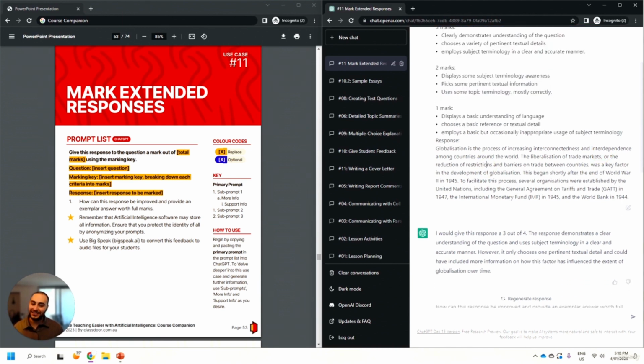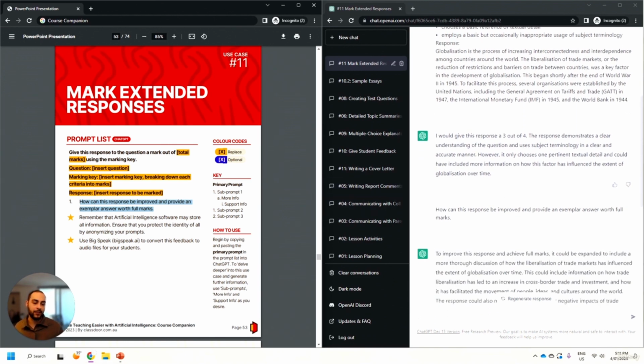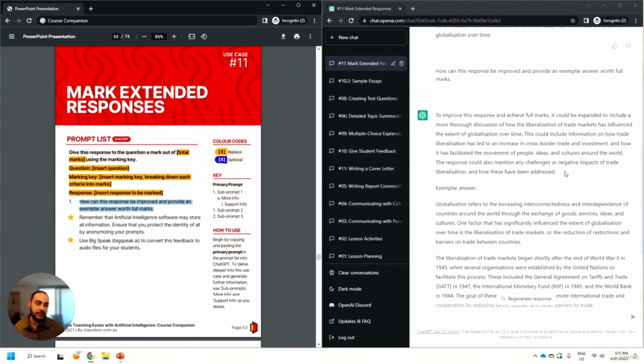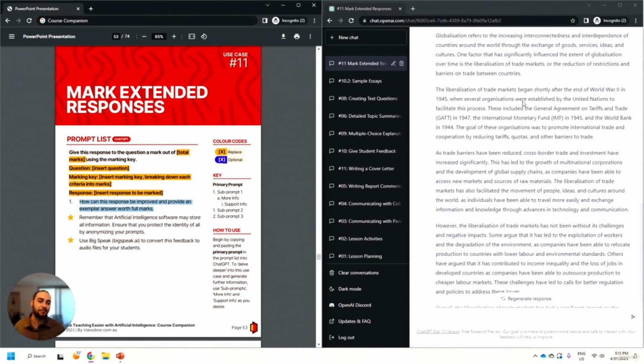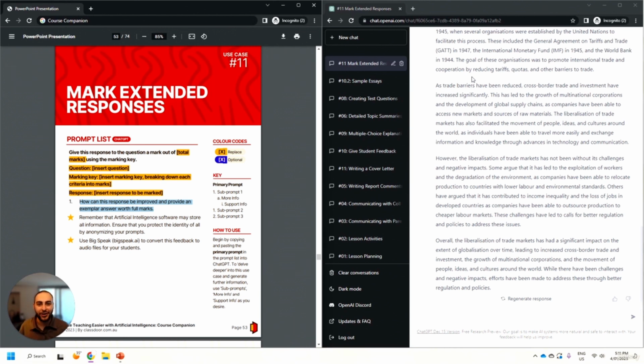The output that we've got is amazing in that ChatGPT has awarded it a 3 out of 4 marks with this reason. We can then dive one step further and ask ChatGPT in our conversation that we've already started, how can we improve this response, and give me an exemplar on what a 4 out of 4 would look like. And that's going to really explicitly show our students how they can improve their writing over time. So here we've got some advice from ChatGPT on how the response can be improved according to the question that we've given it, and an exemplar answer that ChatGPT says would be worth 4 out of 4 that we can always tweak and modify should we need.